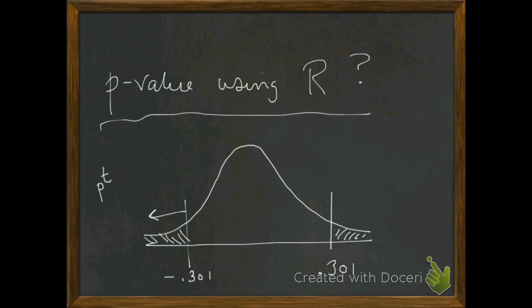Now, the function PT in R gives us area below a particular value. If I just put PT 0.301, it's going to give me this area. Now, granted, I can come in and subtract from 1. But guys, in this situation, it's going to be easier for us to find this area right here, multiply by 2 to account for this up here. I hope that's clear. So